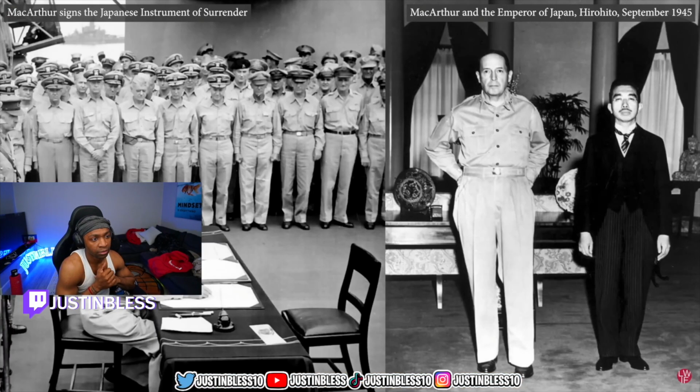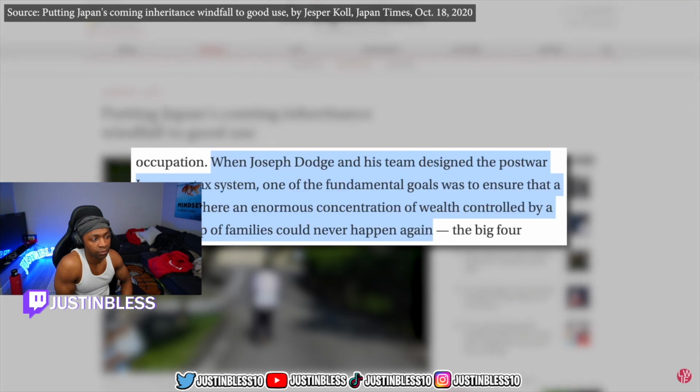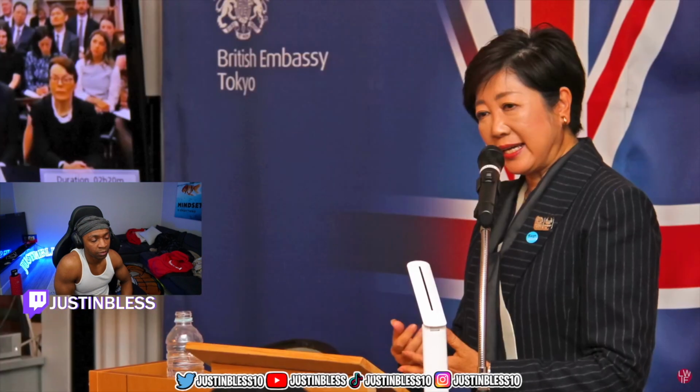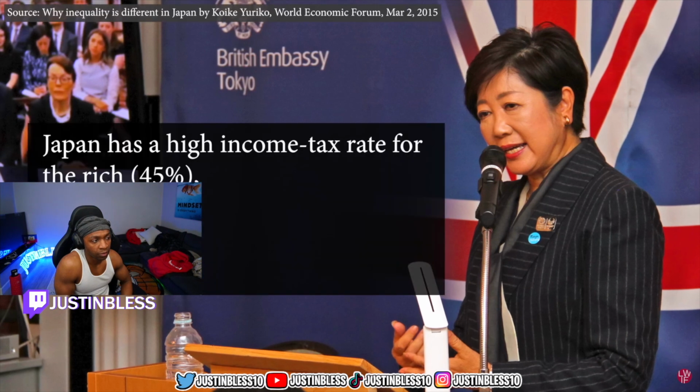After World War II, the US took control over the governance of Japan. This is when they instituted a high income and inheritance tax rate. This was to ensure that an enormous concentration of wealth would never end up in the hands of a few wealthy families again. In 2015, the current governor of Tokyo, Yuriko Koike, remarked, "Japan has a high income tax rate